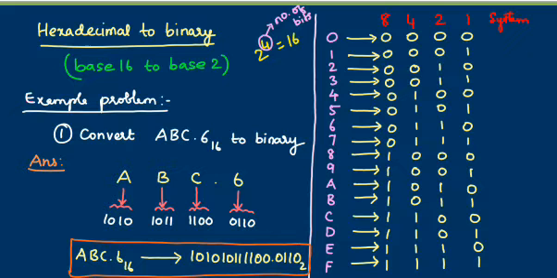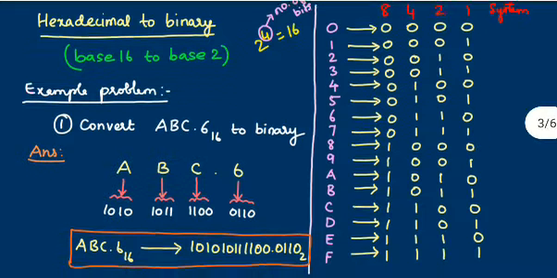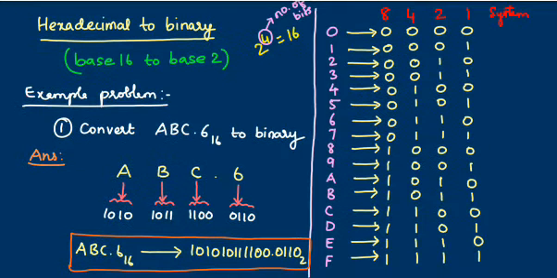So similarly, for all the 16 hexadecimal digits we have given here equivalent binary values up to F. Alright. So with the help of these values, we can easily convert any hexadecimal into binary or any binary into hexadecimal. So here hexadecimal value is given, we wanted to calculate binary value. So what is the hexadecimal value given? ABC.6.